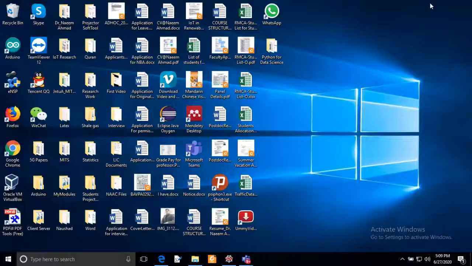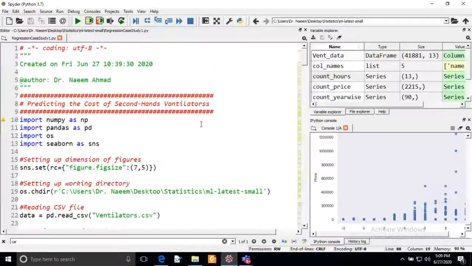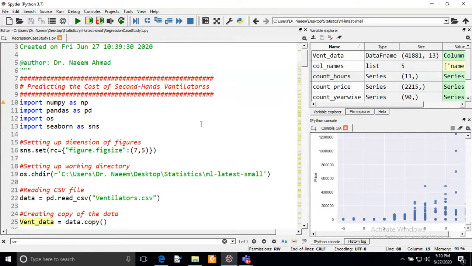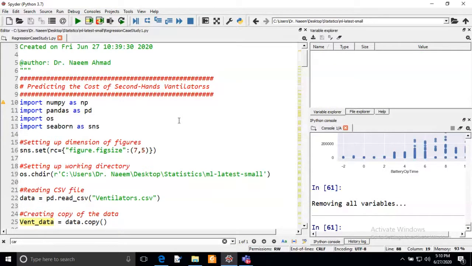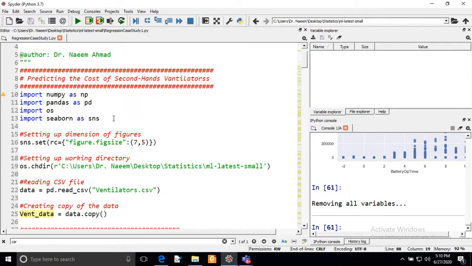Now we are moving to discuss the programming part of this case study. I have already compiled this. I'm going to remove all these variables, and then later we will create them. Yesterday we told that these important libraries we have to call before using the related functions or keywords.